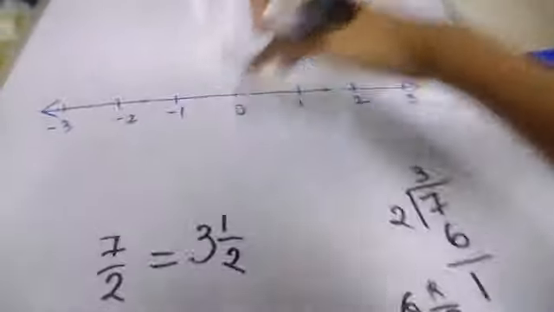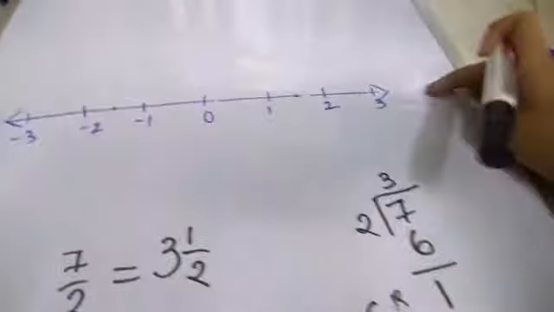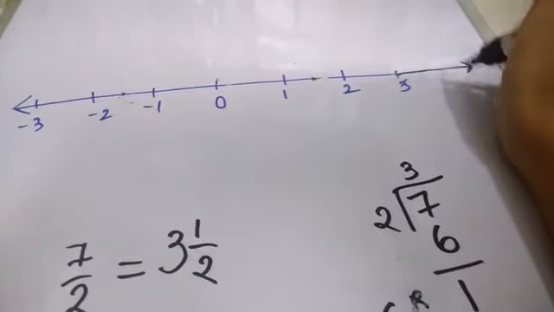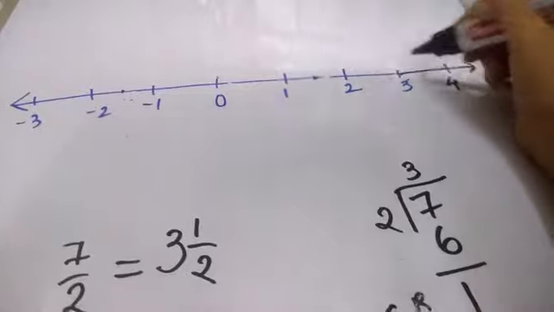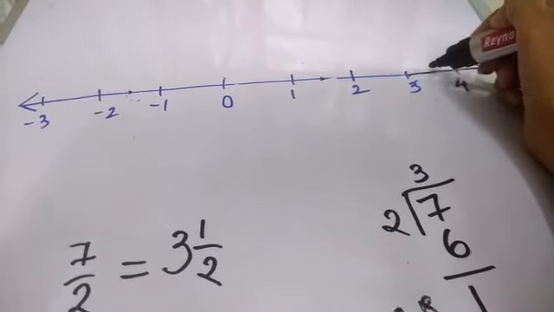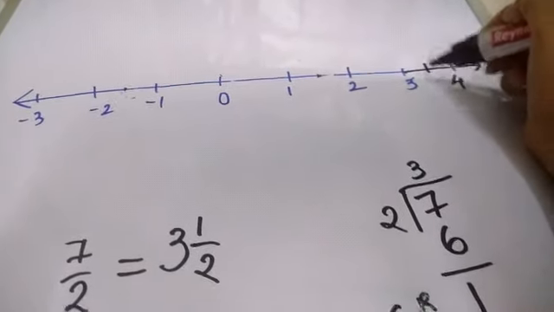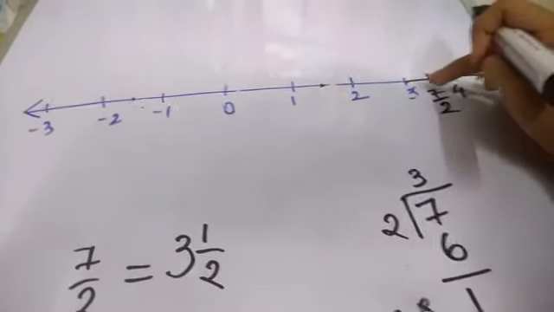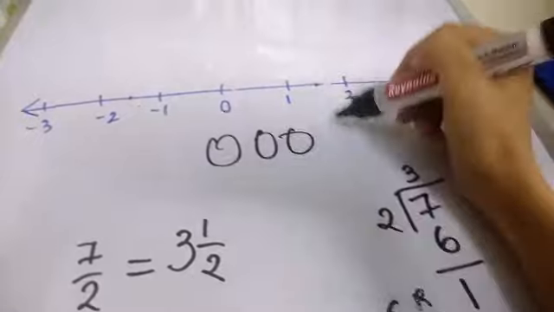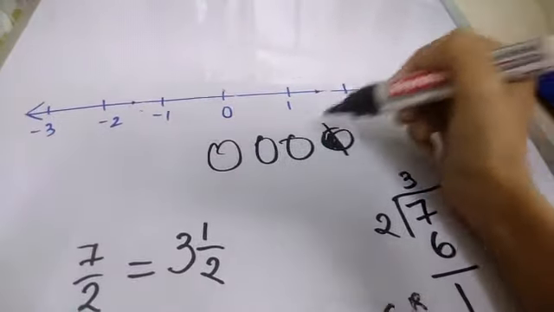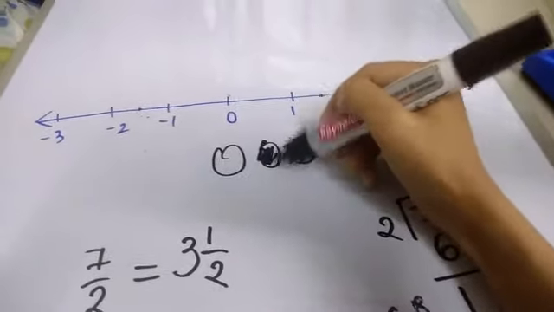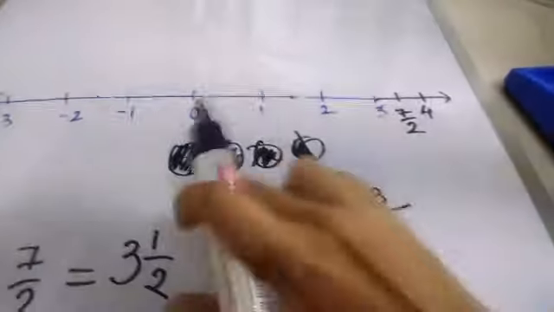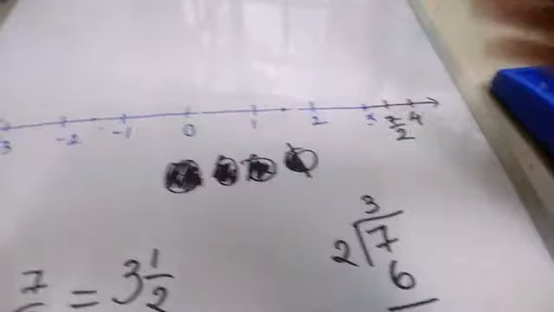So you have to take 1, 2, 3 full pieces, and then you have to take 1 by 2. So you'll have to expand this a little bit. You have to make it up to 4, right? So 1, 2, 3, and then another 1 by 2, which is half, right? Half of this. So that will be your 7 by 2. 1, 2, 3 and 1 by 2, right? So that's 3 cakes plus half cake. This is what it means. I'm just using cakes as an example, but you can use anything, right? So that's 3 and 1 by 2.